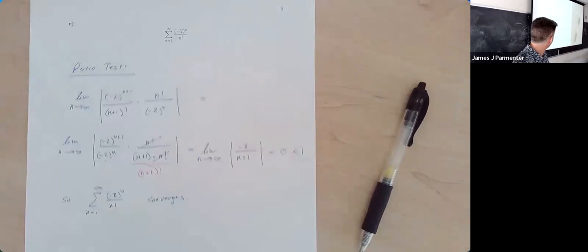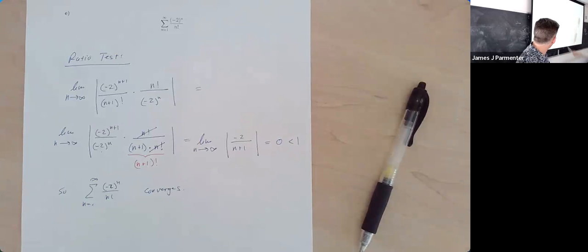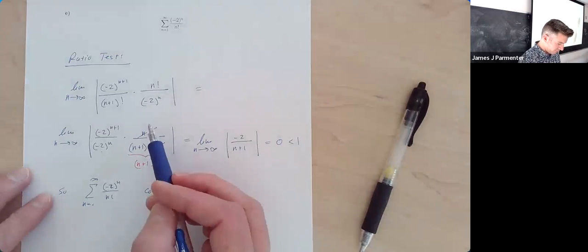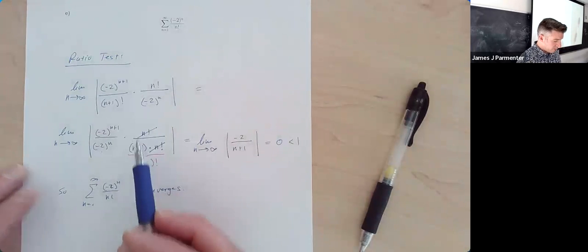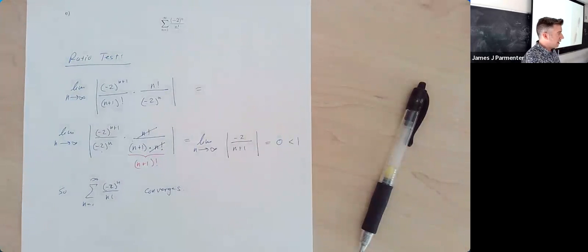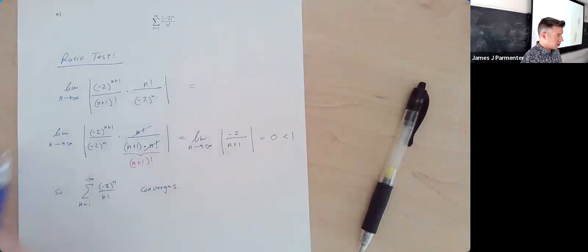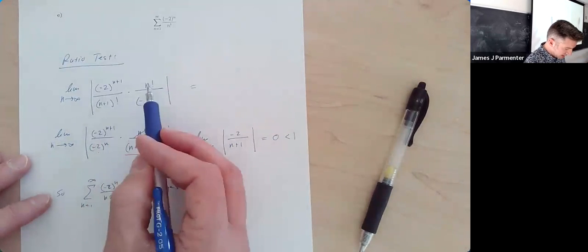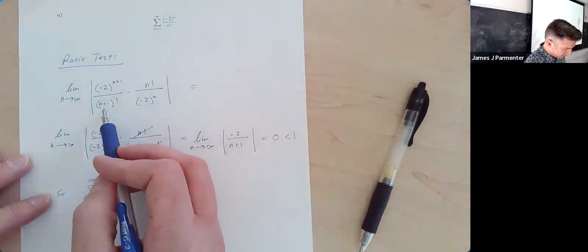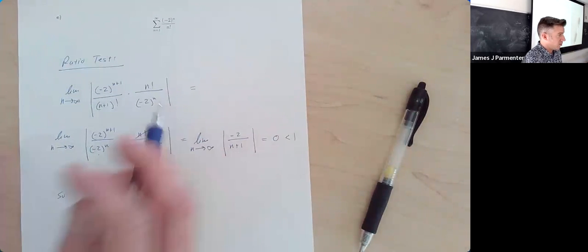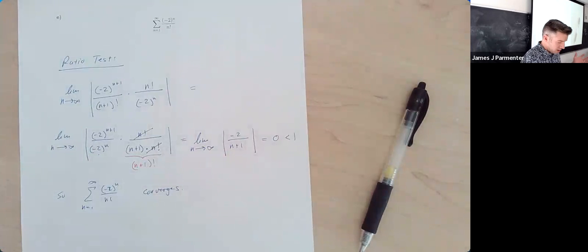Did you cross multiply for that part? So you mean from here to here? Yeah. So I rearranged. Basically, if something's in the numerator, it can go anywhere. If something's in the denominator, it can go anywhere. So what I really have is this times n factorial over n plus 1 factorial times negative 2 to the n. And I can write that in any arrangement I want, as long as the things in the bottom stay on the bottom and things in the top stay on the top. So I just wrote it as,